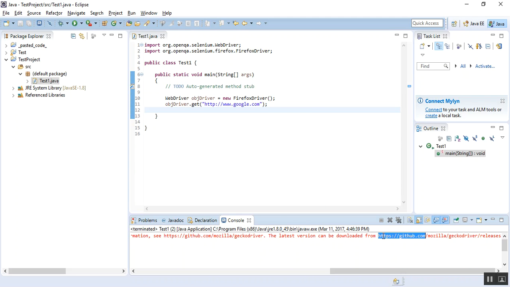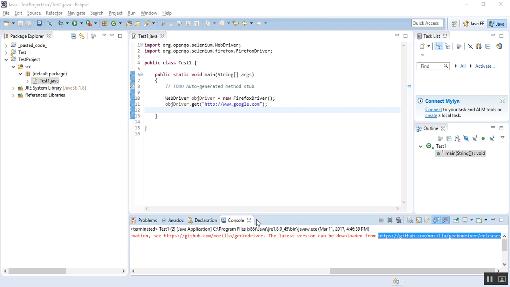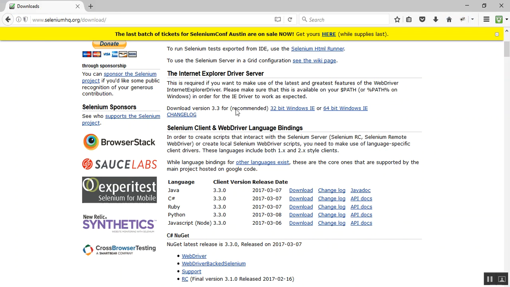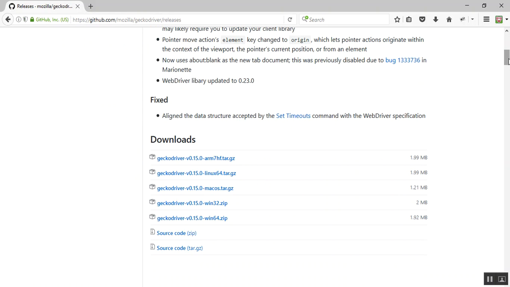So let's go to this website. It is github.com Mozilla Gecko driver releases. So we'll go there. And if you come down to the downloads section, here we have the latest Gecko driver files.